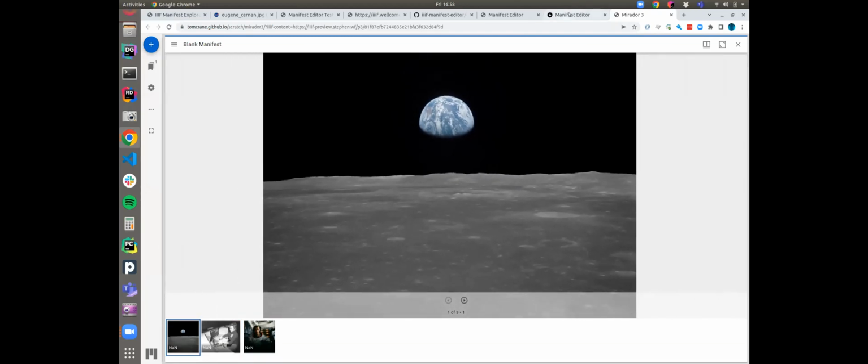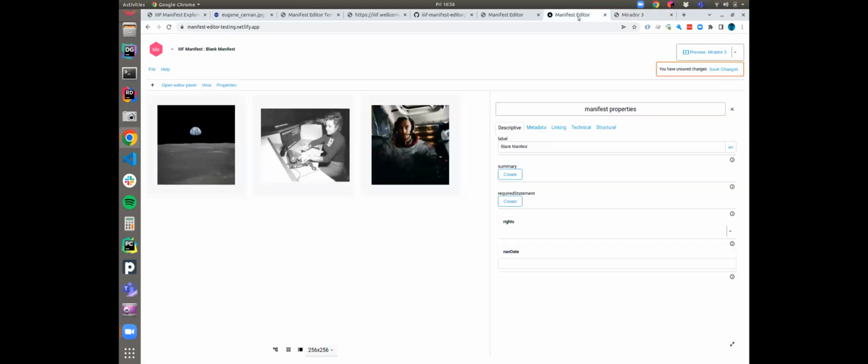I can preview stuff. Okay, so now I did notice in Mirador that my name is not particularly friendly, so let's try and improve that. Let's edit this. Okay, and create a label. Now, again, another balance between the complexity of the structure of IIIF and the simplicity of the user interface is in dealing with strings. There are lots of strings that users need to enter when they create a manifest. Most of the time you're going to have, I'm thinking about a label and I'm going to put it in there, but IIIF actually requires you to state what language your strings are and also allows you to have multiple values for those strings. So in this scenario, I've just gone and done this, and if I preview again,